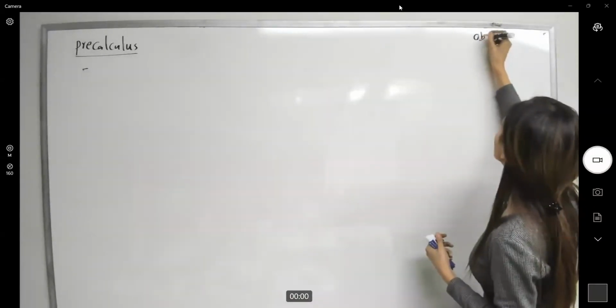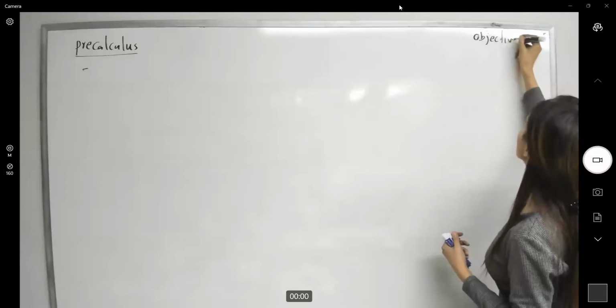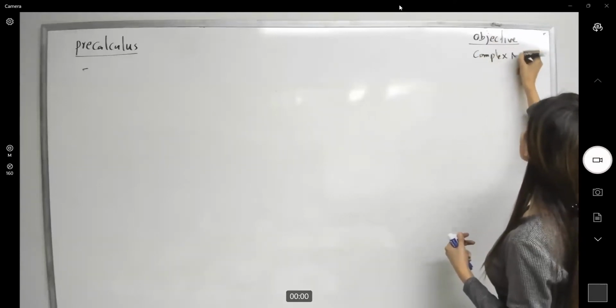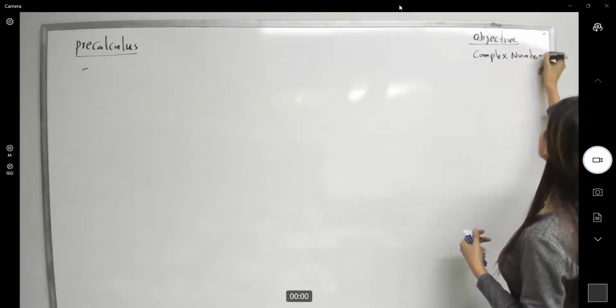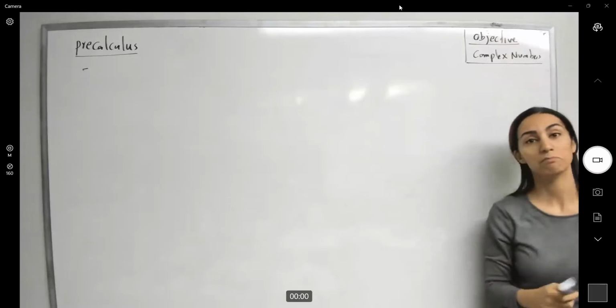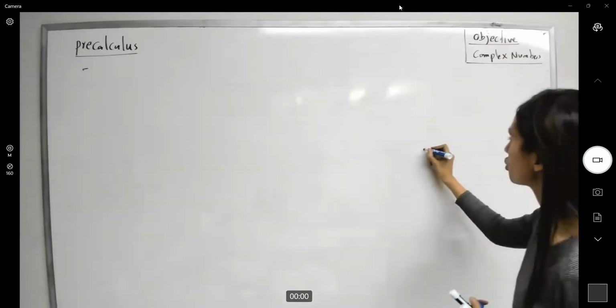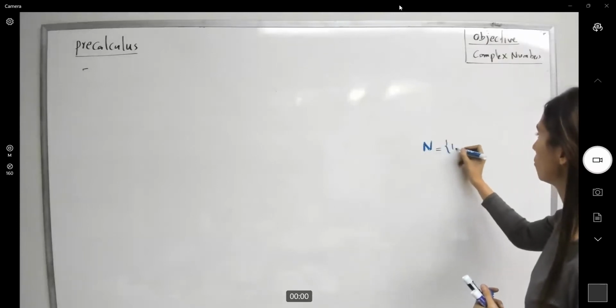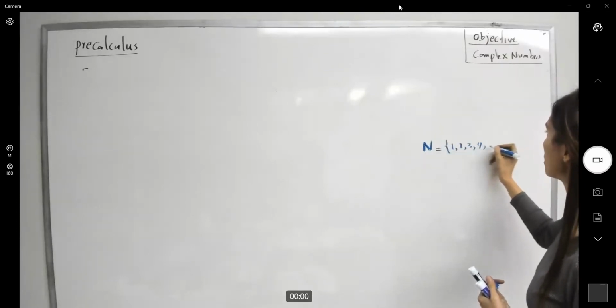Objective: complex numbers. So recall that we said, well, we have natural numbers, N, which is the set 1, 2, 3, 4,